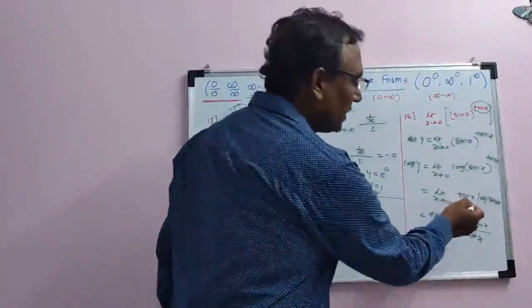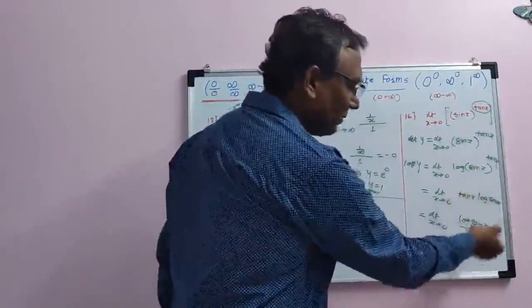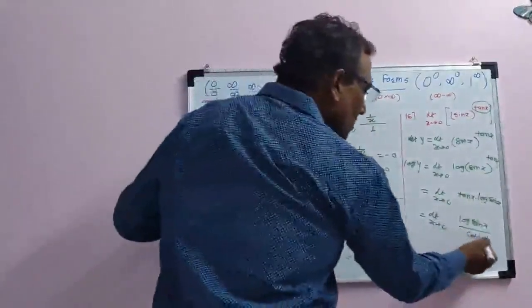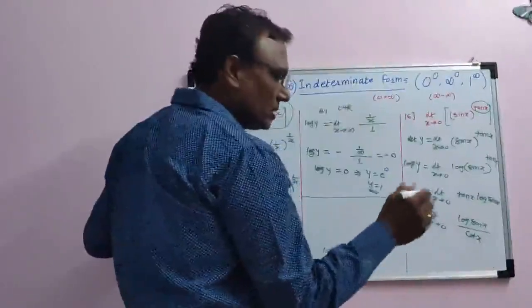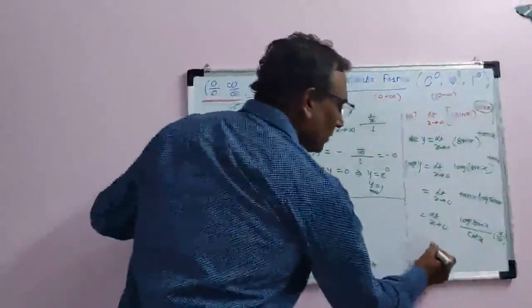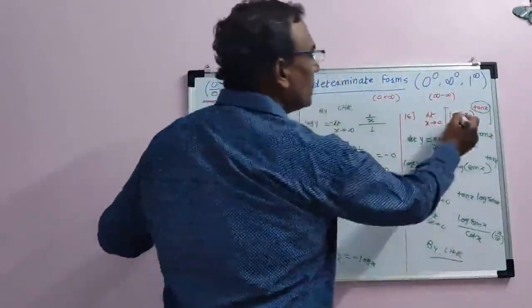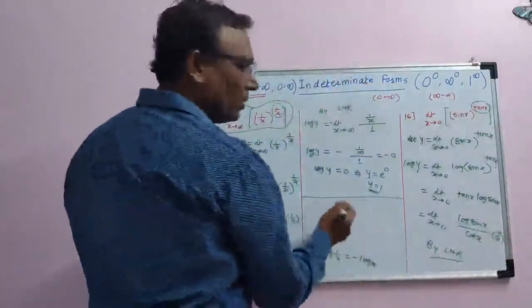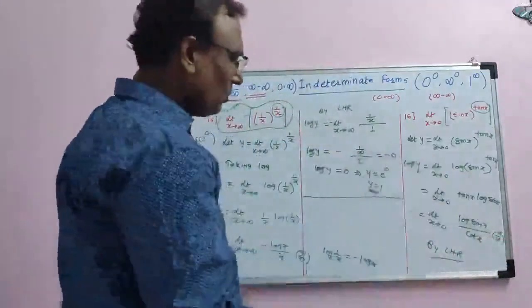In the multiplication, a trigonometric function is there, so I have written tan as 1 by cot. Now tan 0 is 0, so cot 0 is infinity. So this is again infinity by infinity form. Now by L'Hospital rule, we converted the 0 raised to 0 form into infinity by infinity form. Or you can convert it to 0 by 0 form also.